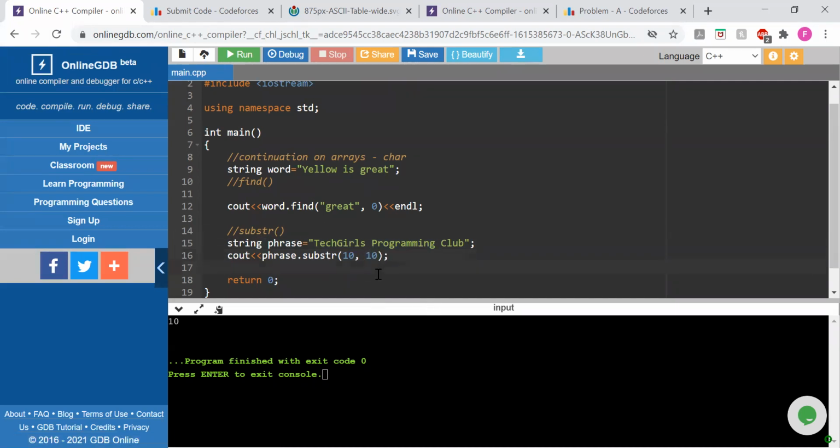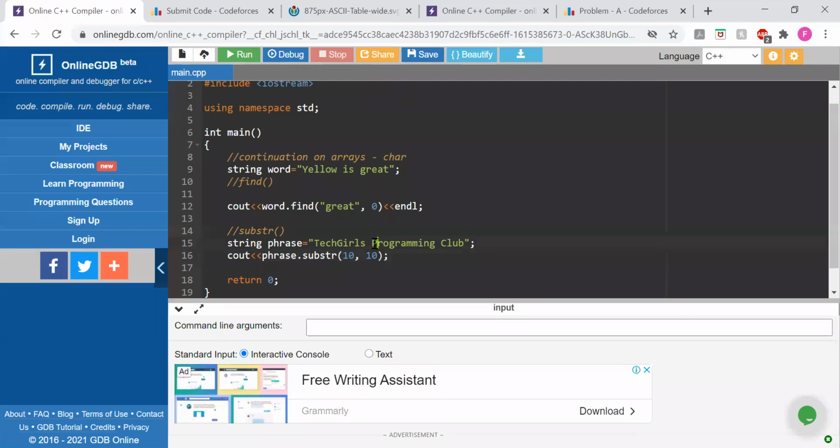So if you want to save programming, or if you want to print out programming on its own, all we have to do is start with the first index, which is apparently, as we counted, index number 10, and go on 10 steps, since programming consists of 10 different characters. I hope this isn't very confusing, but